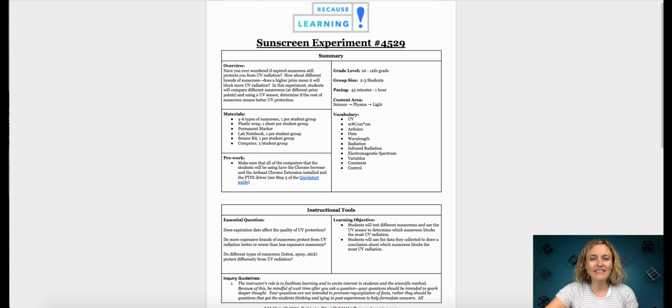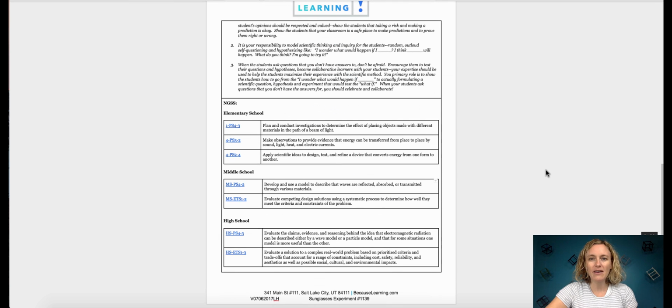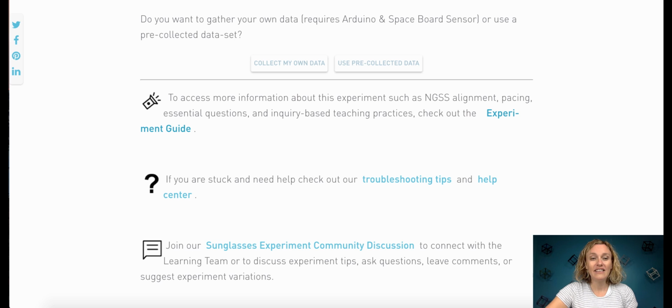The experiment guide contains information such as grade level, the recommended group size, pacing, content area, vocabulary, the pre-work that you need to complete before you teach it to your students, and at the bottom, it gives the specific NGSS standards for that experiment. In addition to the experiment guide, the end of each experiment also contains links to troubleshooting